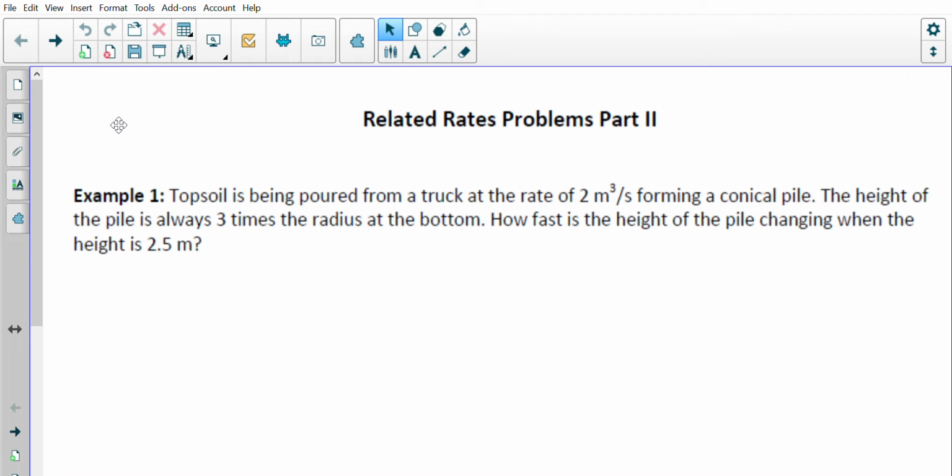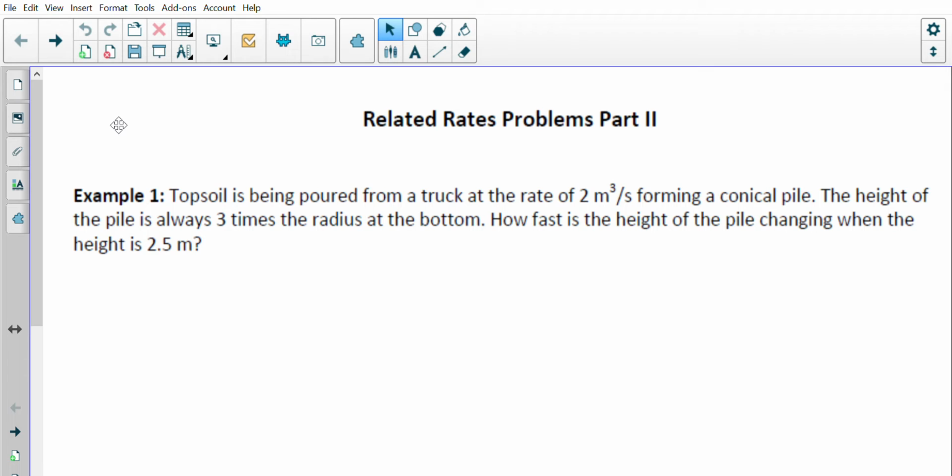Alright, so this is related rates part 2. Again, we're going to follow the same steps as we did before. Just different types of questions, but again, just looking at related rates. So we go to example 1 here, where it says topsoil is being poured from a truck at a rate